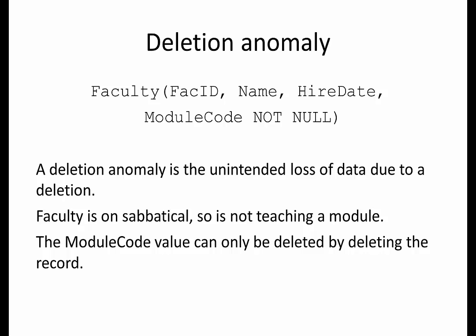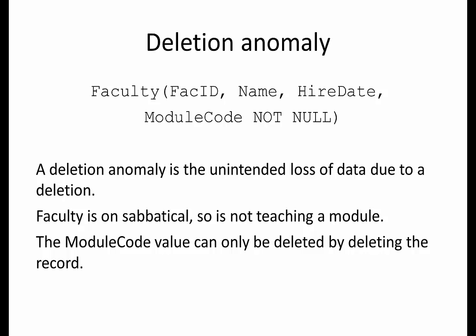So you want to delete some information, but you're having to delete other information as well because of the bad design. In this case, the faculty member is on sabbatical. They've gone away somewhere else to do some work, write a book, something like that. So they're not teaching on the module. So we want to delete the module code, but we can't. And the only way we can get rid of the module code associated with this person on the faculty is